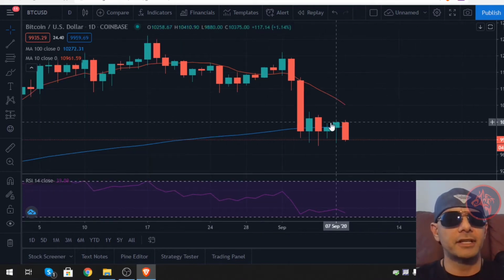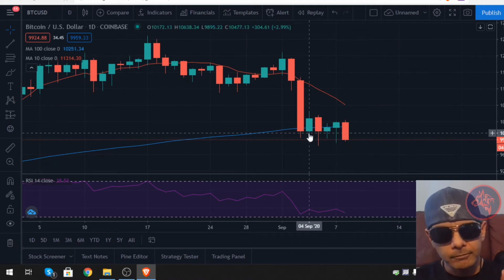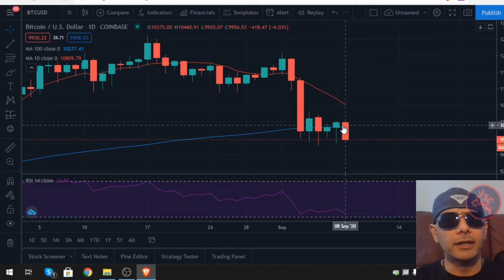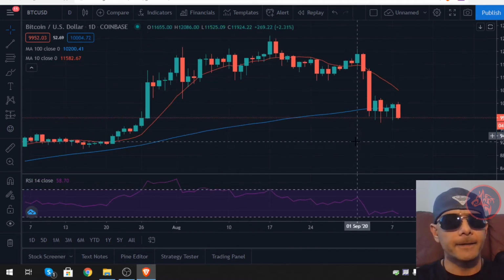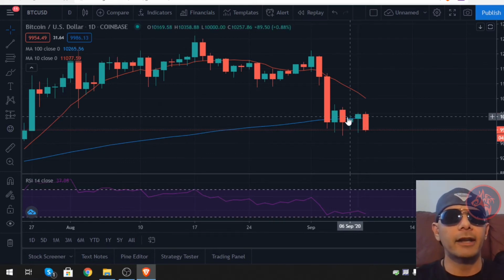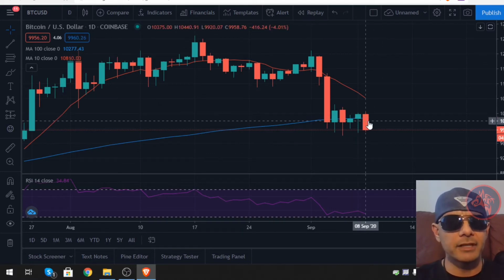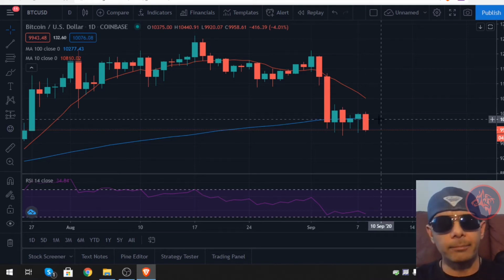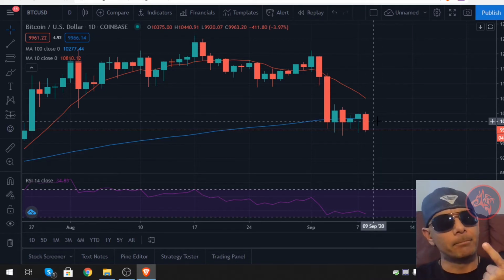So first things first, right? The 100 MA, it goes flat. There is a huge magnetic effect to it, to where it's going to go up or down on there, so keep an eye on that, right? That's a big minder right now. Plus, it is your bearish and your bullish marker, whether we're in a bullish or a bearish market